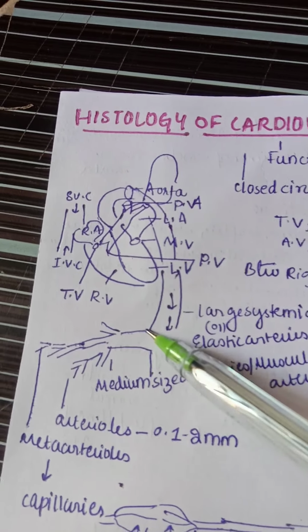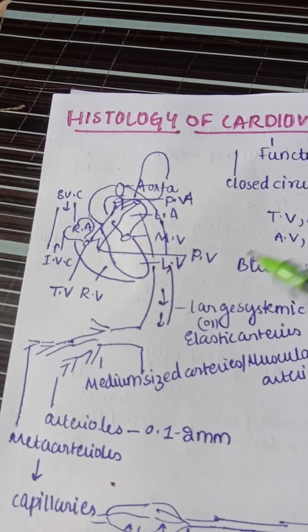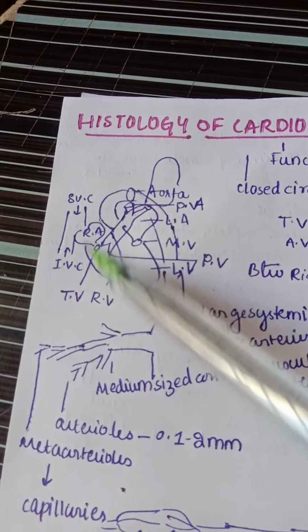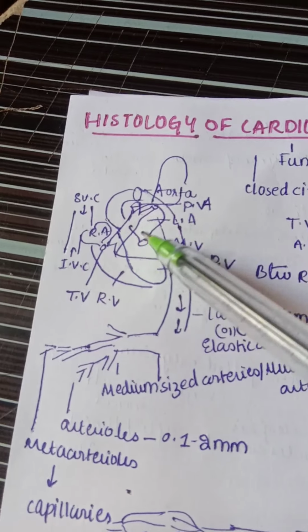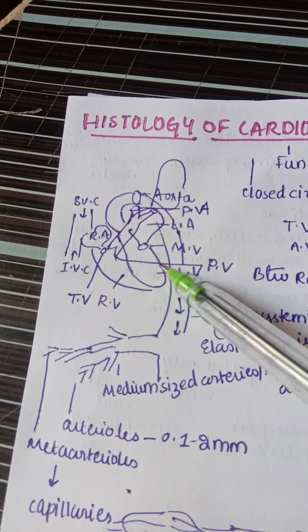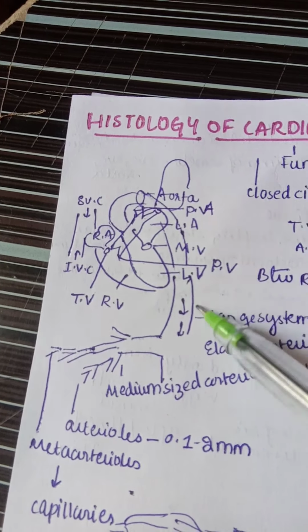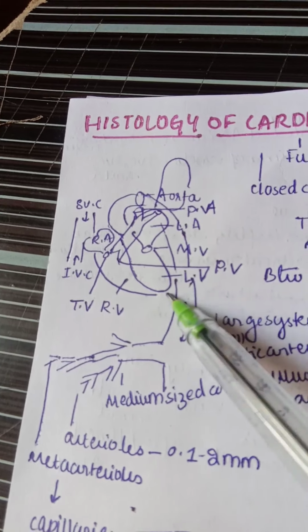Now let us understand about the left heart and right heart circulation. So between the left heart and right heart we have the systemic circulation. That is, from the left atrium to the left ventricle, from the left ventricle to the aorta, from the aorta to all vessels of the body, all arteries, and next into capillaries for exchange. So like this, between the left heart and right heart we have our systemic circulation. Between the right heart and left heart we have our pulmonary circulation.